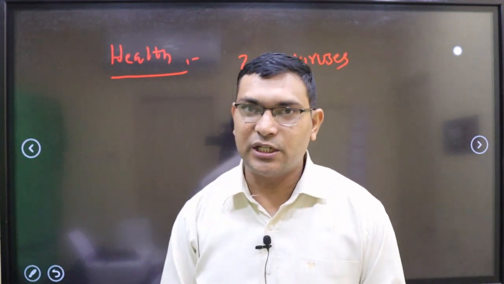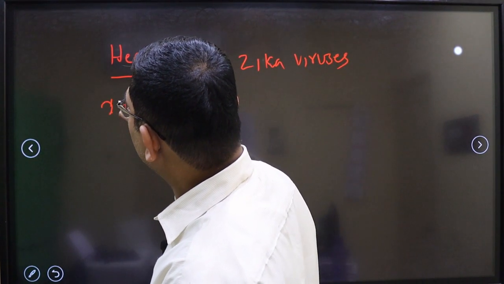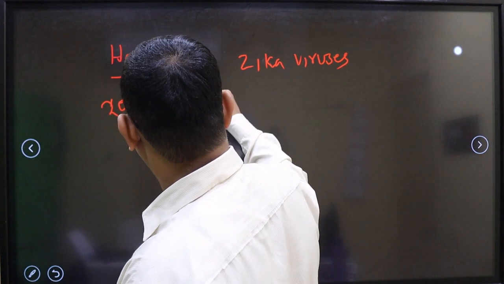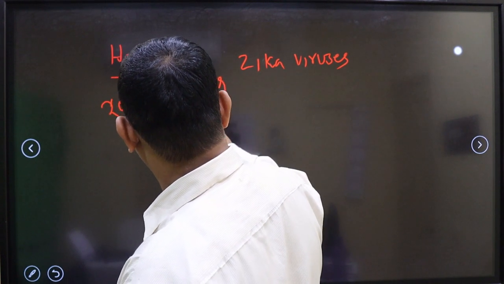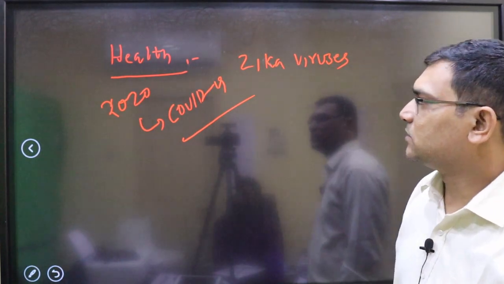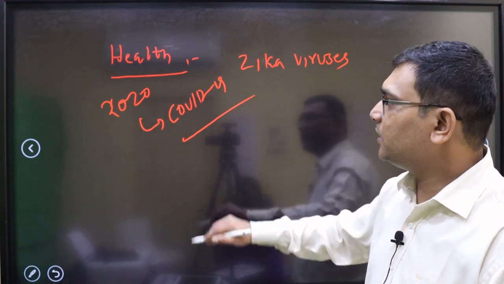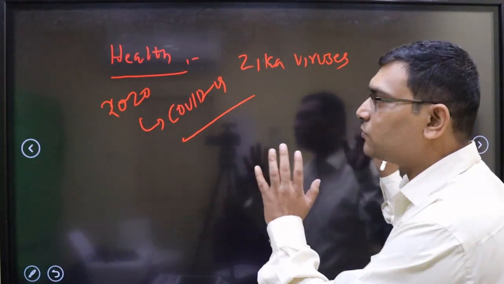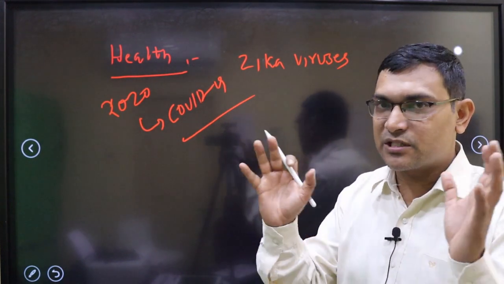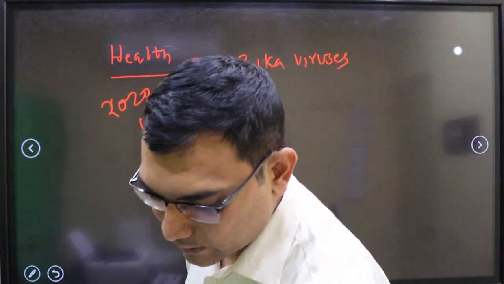So in this year 2021, because of 2020 COVID-19, from 2019 onwards there was news of coronavirus. In the health sector, I'll tell you separately what the important topics for prelims are. Now I'm discussing only the syllabus. Here they can ask you about health, and then also